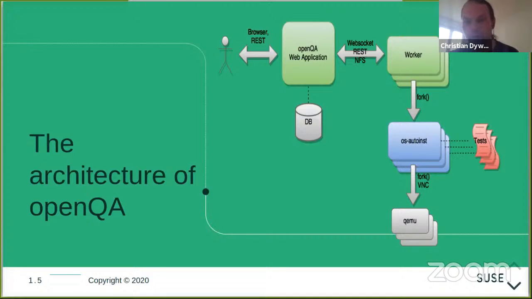The OS autoinst in the diagram is actually the component of openQA that runs what you'd consider the actual tests, and, for instance, talks to a virtual machine in the most common case.